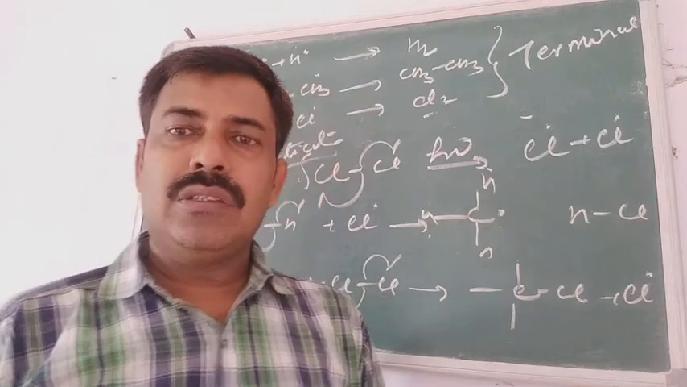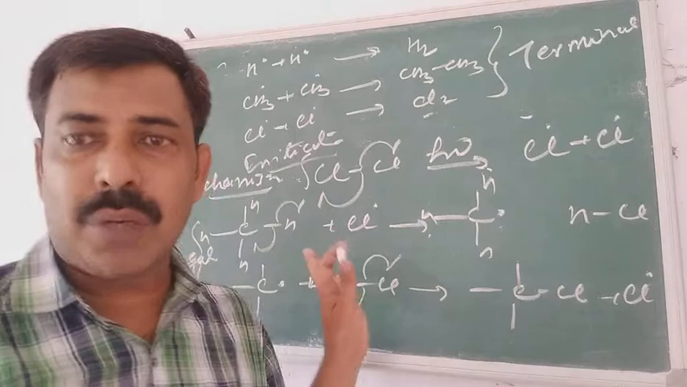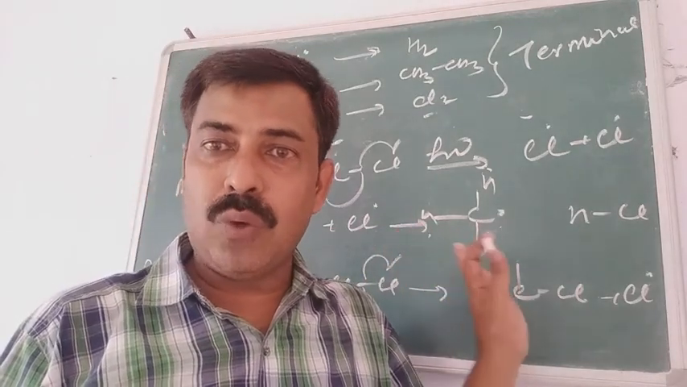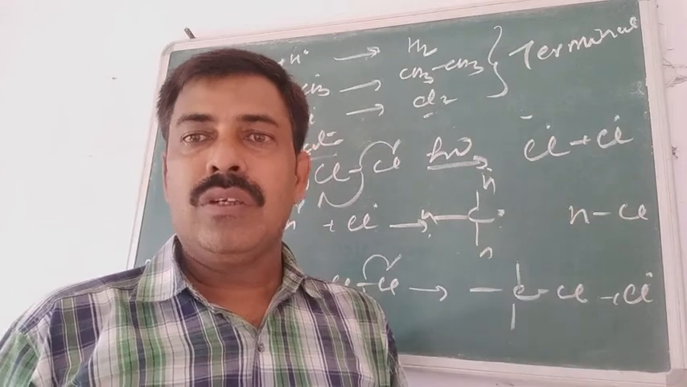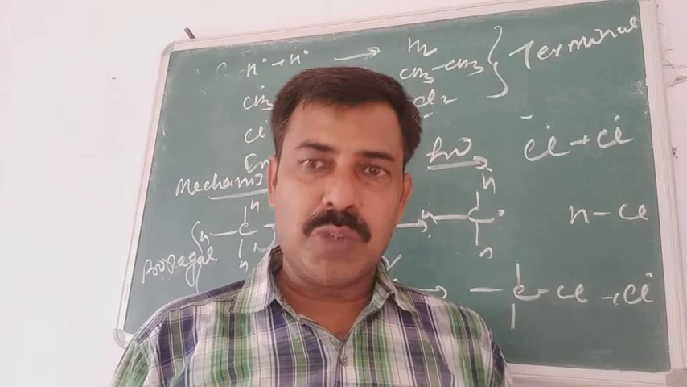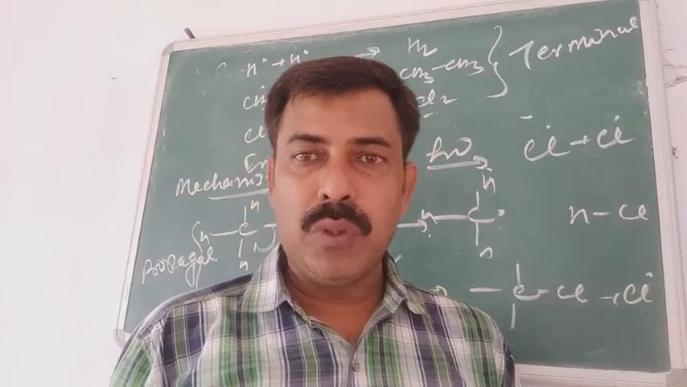In this reaction it is asked, during halogenation of methane, this is the process where methane is chlorinated to form chloromethane. The question is, during halogenation of methane, why is a small amount of ethane also formed? Then why is it formed? You can see with the help